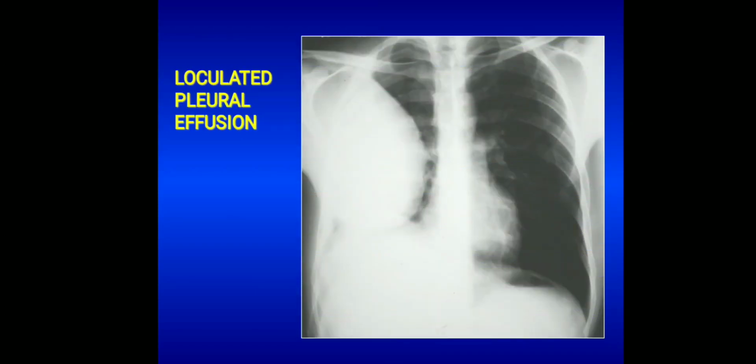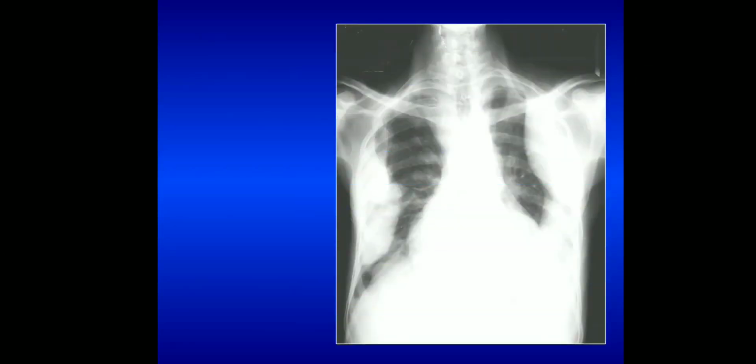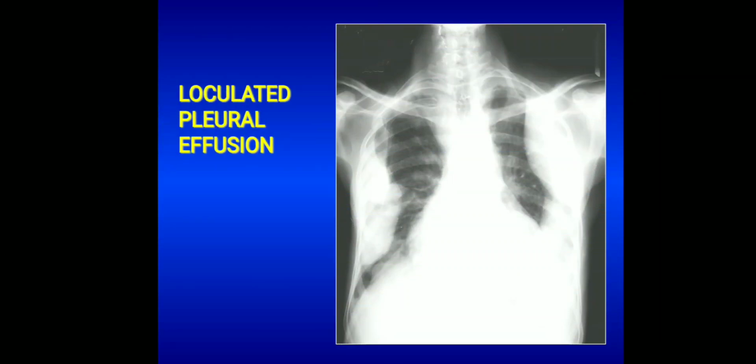So pleural effusion can sometimes be loculated. You can see the loculated pleural effusion, wherein the pleural fluid forms locules within the parietal and visceral pleura. You can see on the right side in the mid and lower zones and portion of the upper zone, there is a well-defined opacity with well-defined superior medial borders. Inferior border is not well made out. Here is another case of bilateral loculated pleural effusions in the bilateral lung fields.